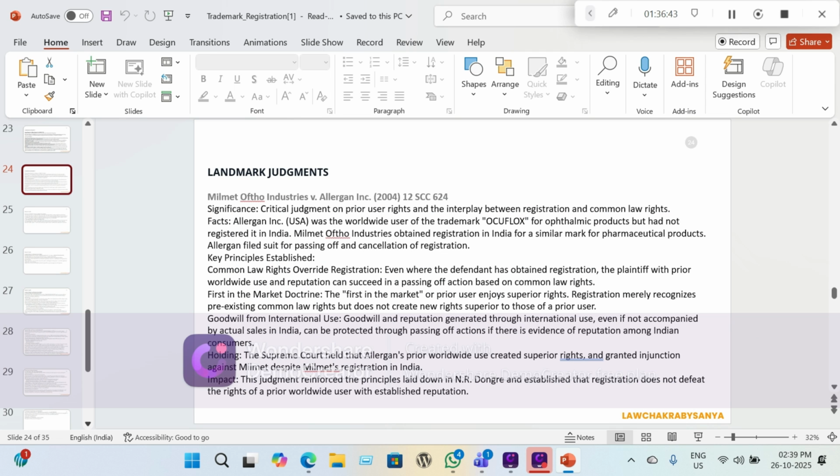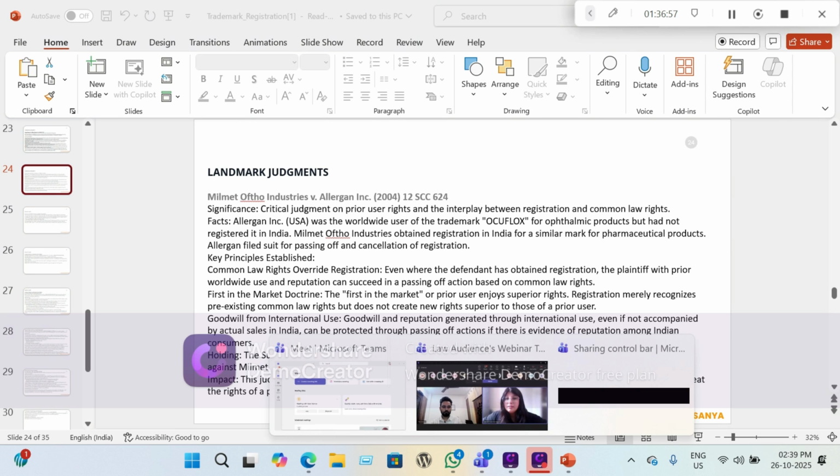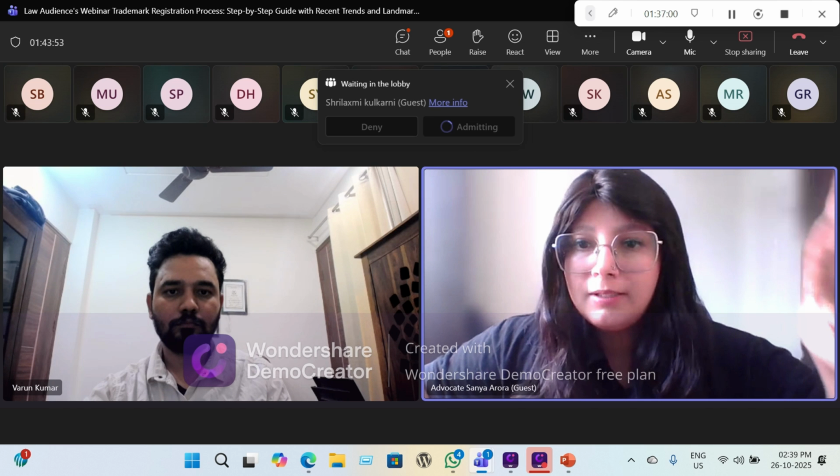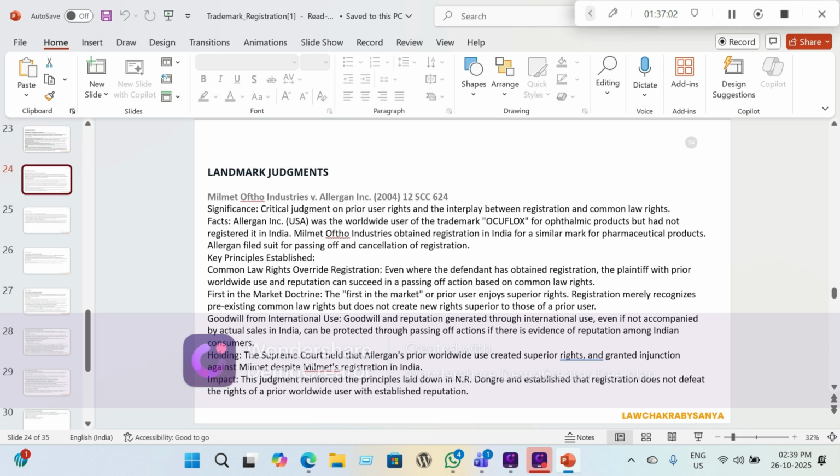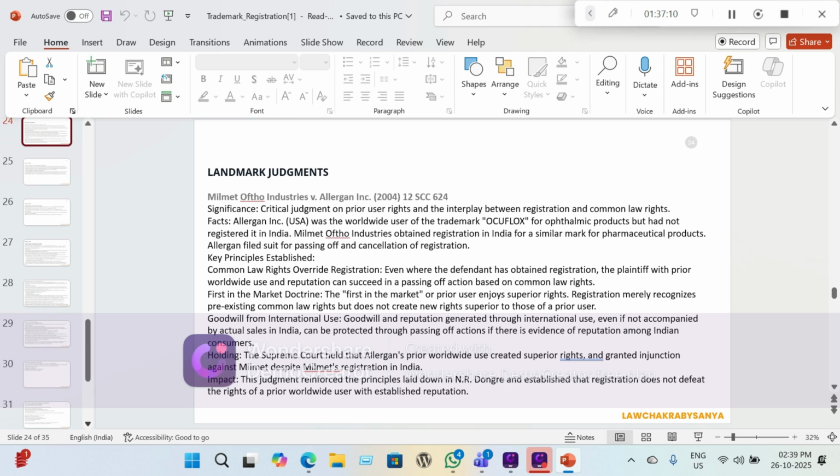Now, this is a critical judgment on prior user rights and the interplay between registration and common law rights. So, Allergen Incorporated was a USA based company. It was the worldwide user of the trademark OcuFlux for ophthalmic products but had not registered in India. Now, Milmet Ophtho Industries obtained registration in India for a similar mark for pharmaceutical products. Allergen filed suit for passing off and cancellation of registration, and they won, even though they did not have registration